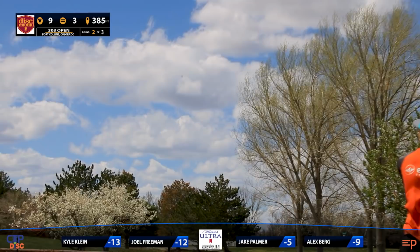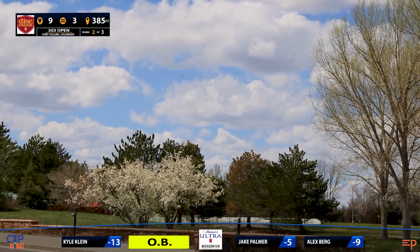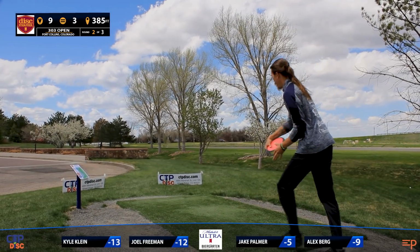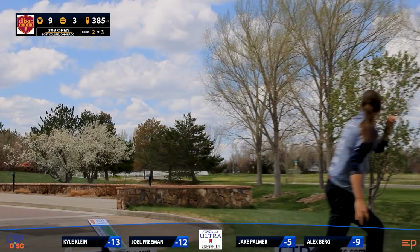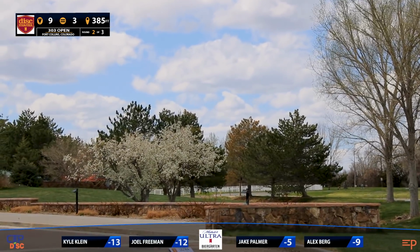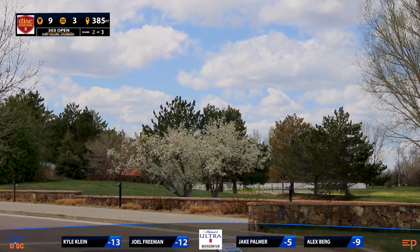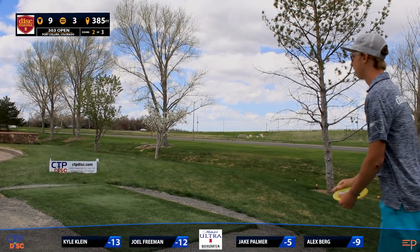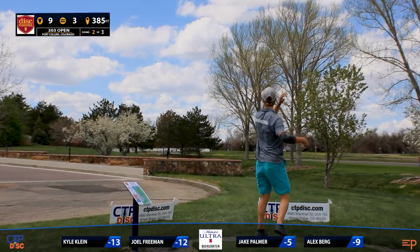And Joel doesn't like it. Looks like it's a little inside. Hopefully it avoids the planter. And it did. That's going to leak right into it, I think. Yep. That's the one thing to really avoid in the fairway that's not a tree. The OB long really doesn't come into play for most standard throwers on this course. Yeah, it looks like Alex made the correction there where he flipped it to flat and got all the way up top. So he loaded the putt